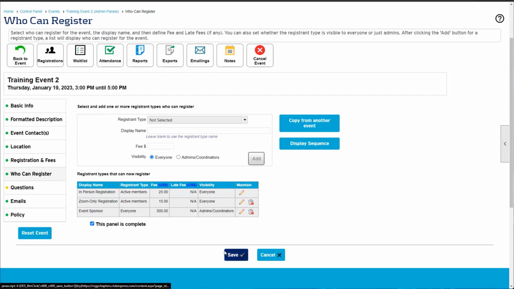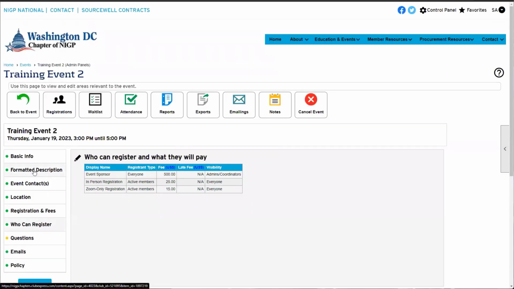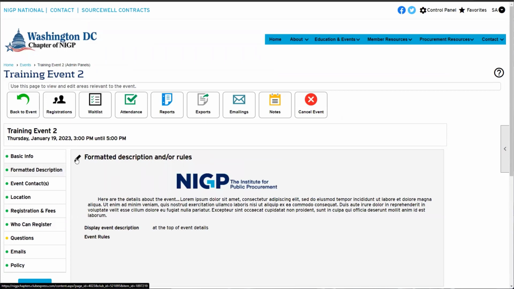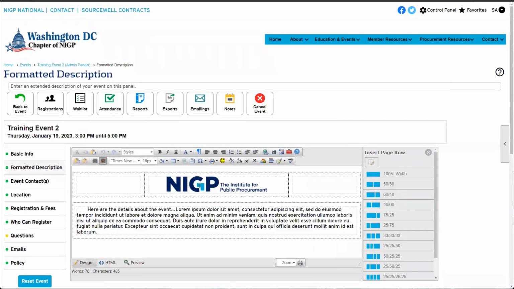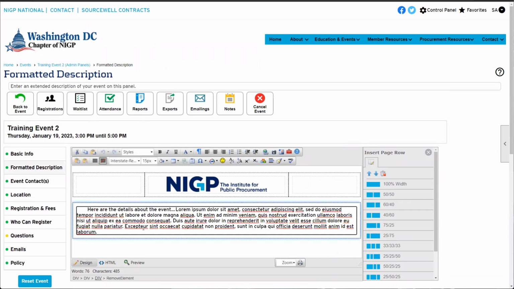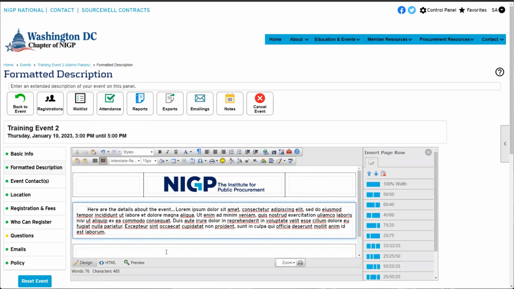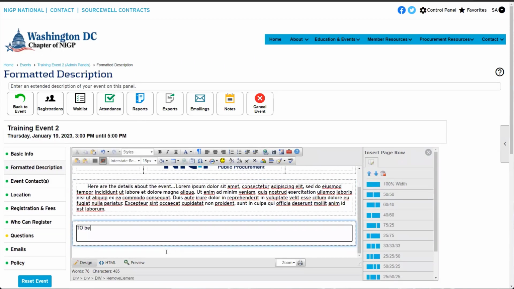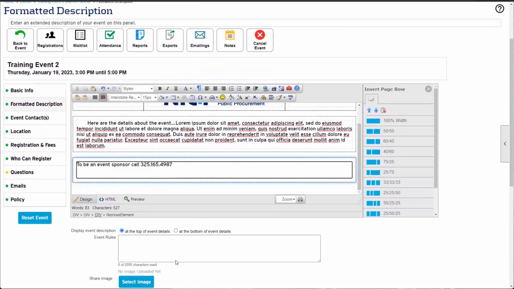So what that would look like is if we save this option, we can go back to our formatted description here. And this is where we've got our little logo. And we've got here's details about the event, but we can go in here and add an extra option, and we can say to be a sponsor, we can put our phone number in there, or you can put an email address, whatever you want to put in there to have people reach out to become an event sponsor. And if we save this,